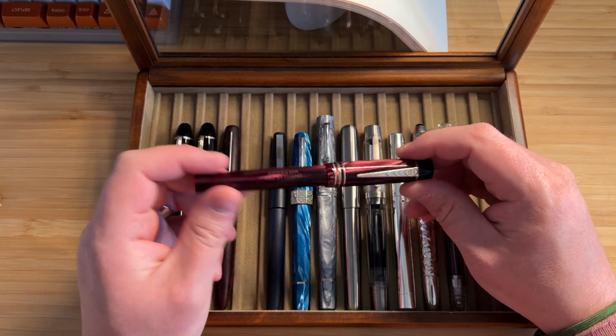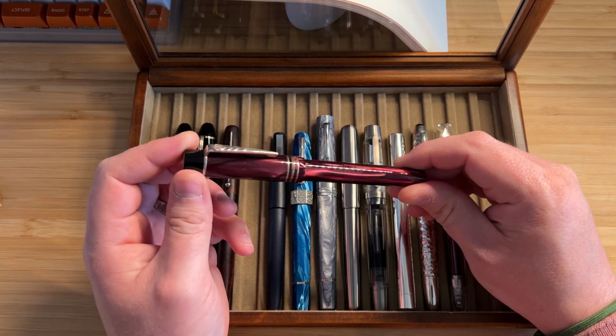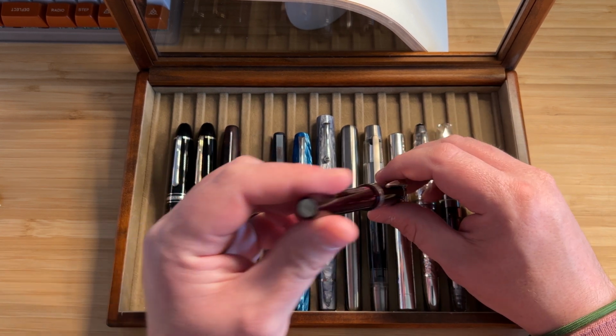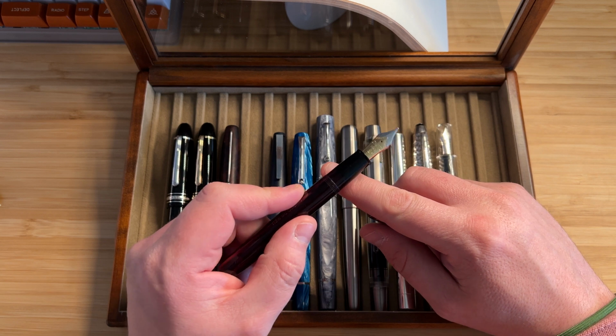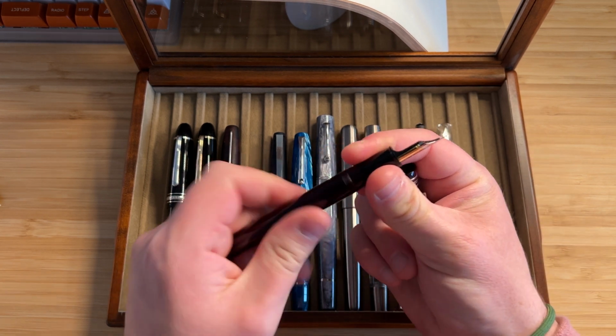Another pen that will never leave my collection, or at least it hasn't so far, and I love it dearly, is this custom Anoto Magna in the Midsummer Night resin, which is kind of like red onion colour. Sterling silver trim, as all proper Anotos do. It says the word custom here on the end, and the reason it's custom is twofold. Number 1, it has this number 8 gold fine nib, and inside